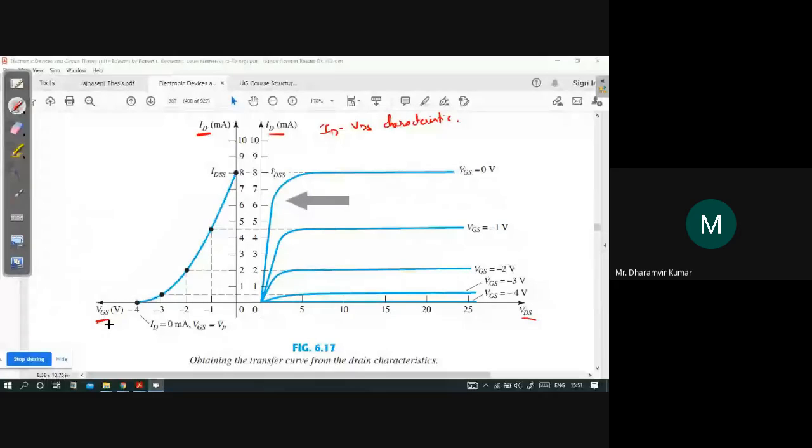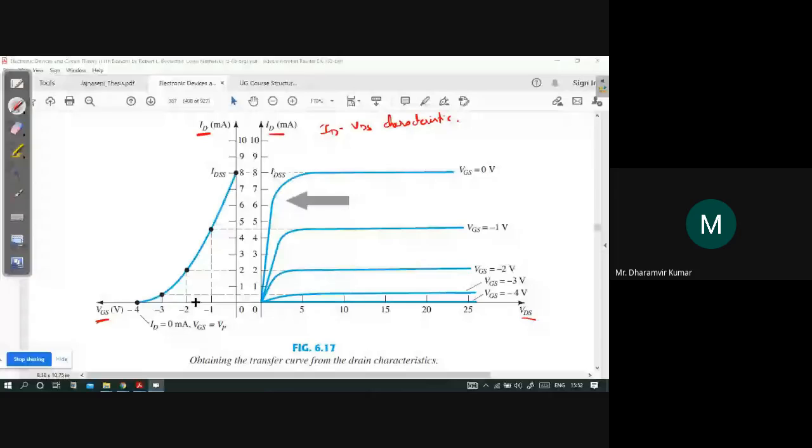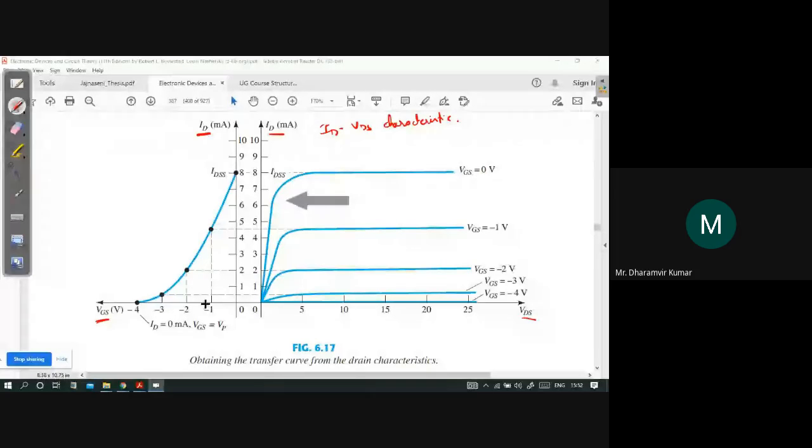And just now we saw from Shockley's equation that when we increase the magnitude of VGS, the current decreases, and that dependence was not linear, rather it was non-linear. It was because of that square term. So when we increase the magnitude of VGS going from 0 to -1, -2, I'm talking about magnitude, the magnitude of -3 is greater than the magnitude of -2. So when we increase the magnitude of VGS, the current decreases, in a non-linear fashion like this.